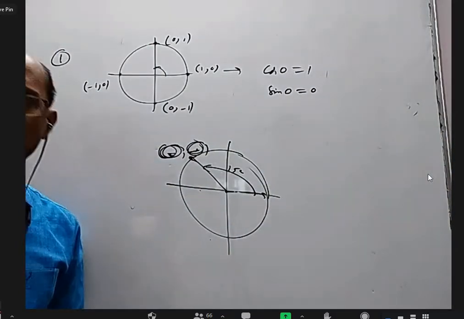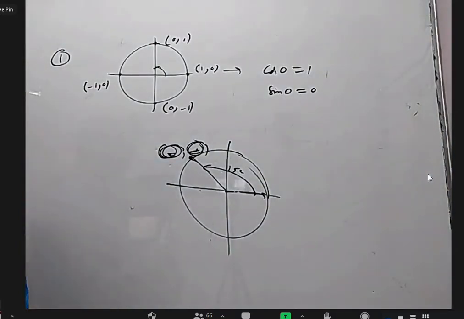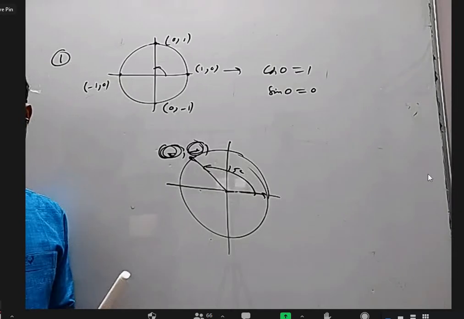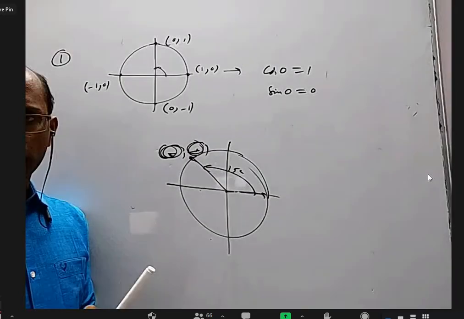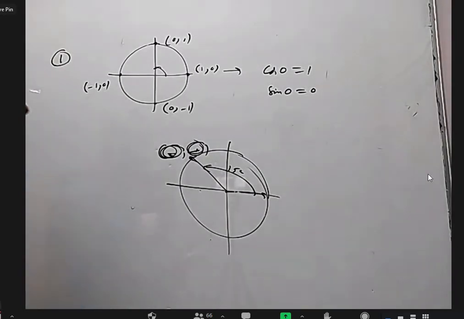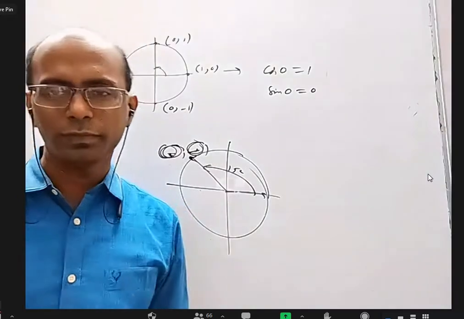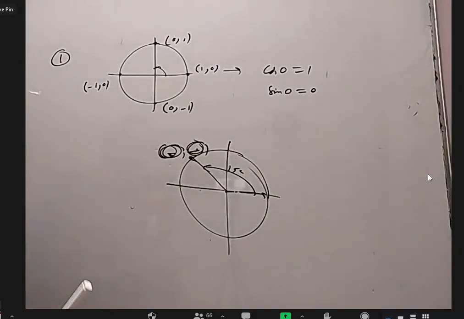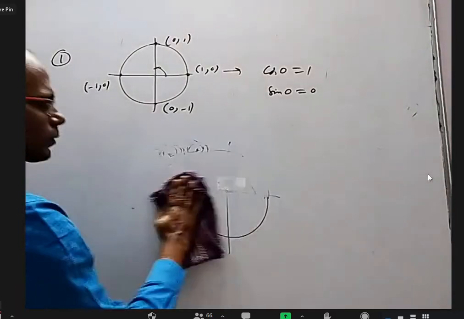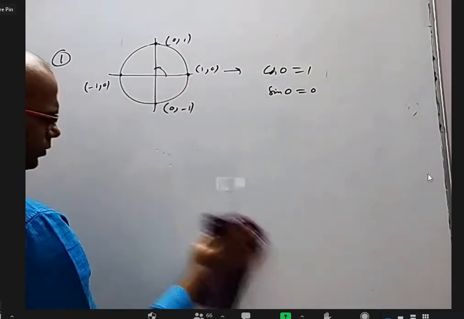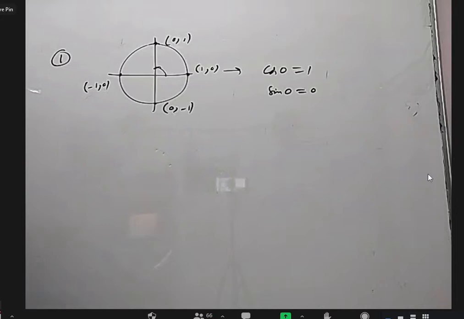Yes, somebody wants to ask some doubt? Yes, sir. We can also prove this by taking triangles, no, sir? Cos 0 is equal to 1 and sin 0 is equal to 0. You want to take a triangle? Yes, sir, we can. But if you take one triangle, the angle at 0 degrees is not a triangle. Not a right angle triangle, sir, but by assuming we can prove it. Because the perpendicular would be 0, no perpendicular would be there.